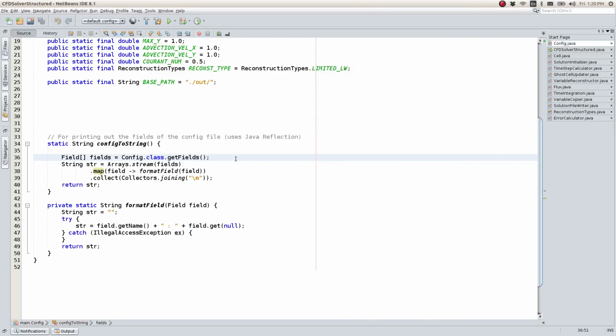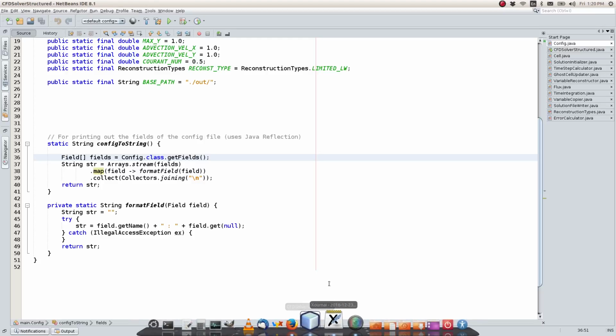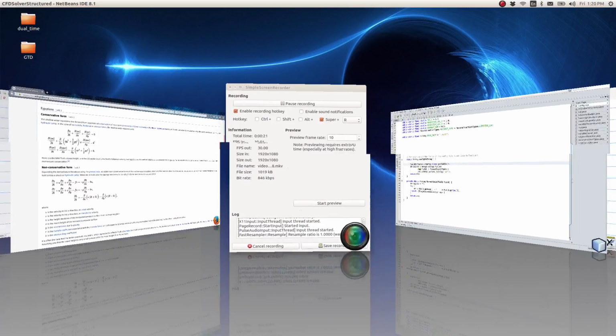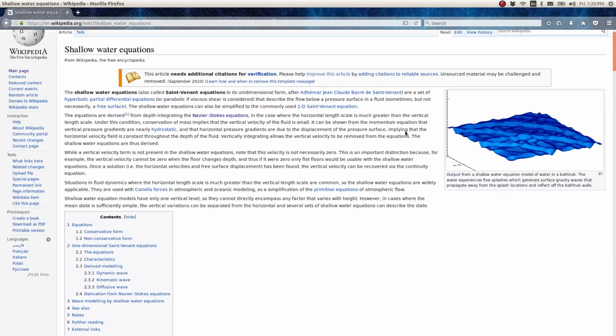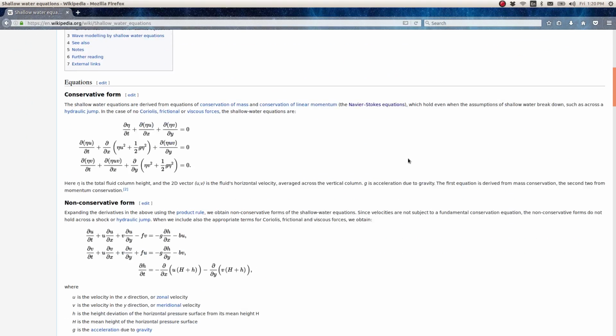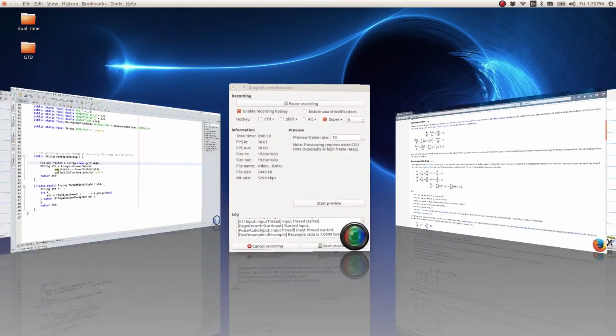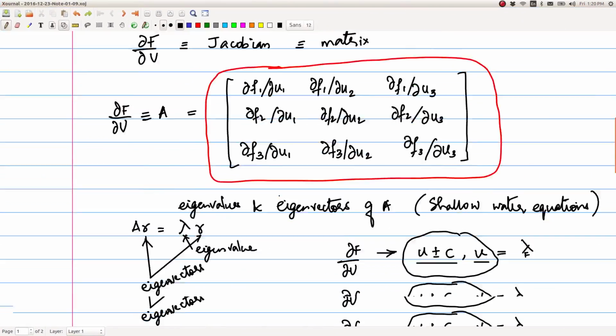Okay, so now we are going to continue with this particular video on implementation of the code for solving a system of partial differential equations. Up until now we have looked at the shallow water equations, the kind of solution that we are expecting to obtain from it, and we have also looked at the